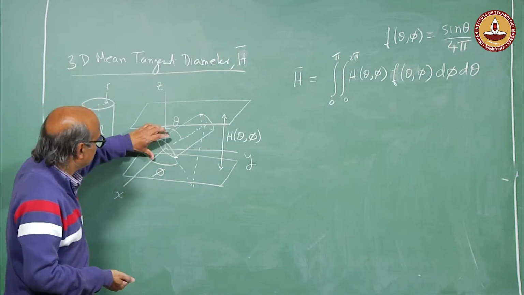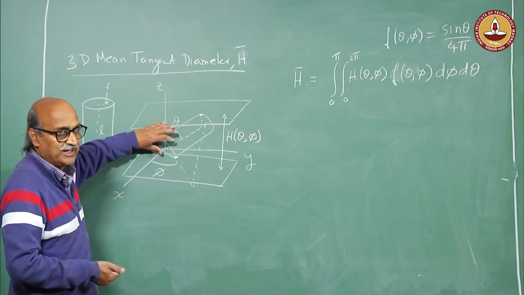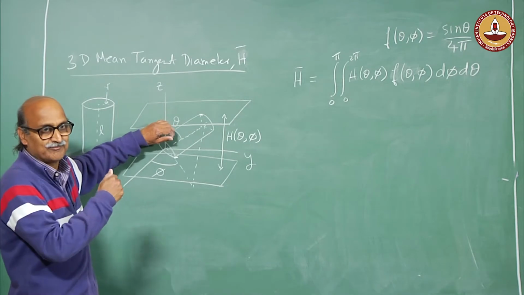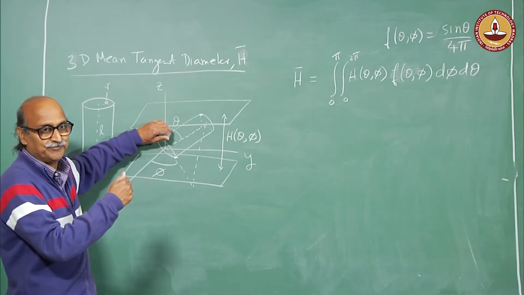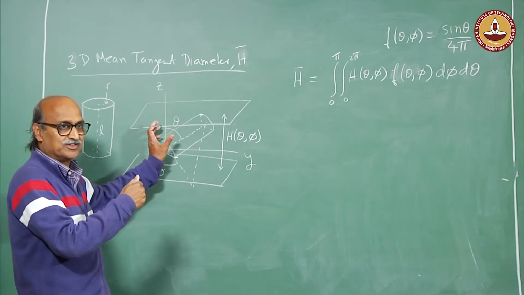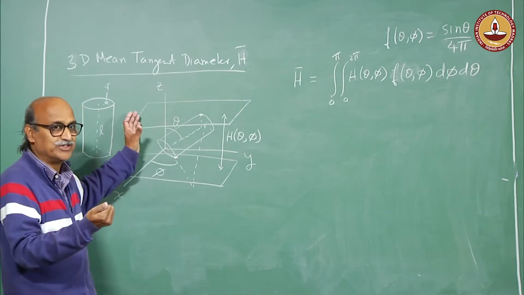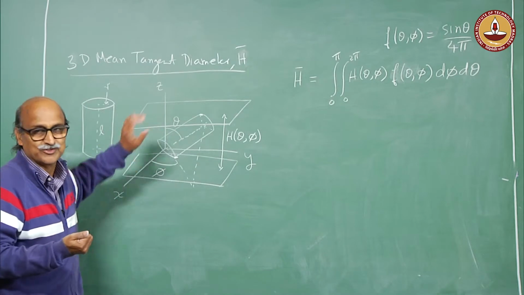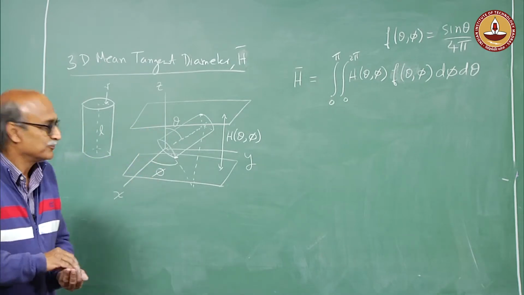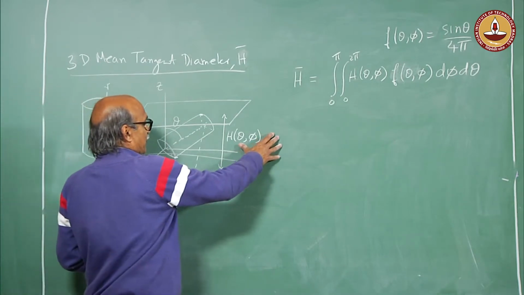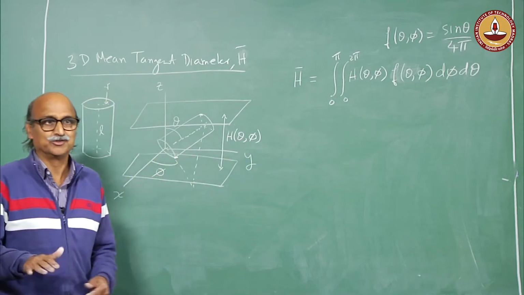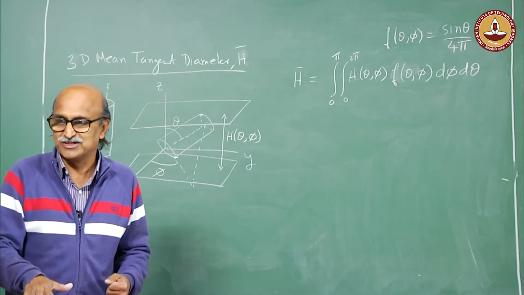Let us say if I keep theta as 90 degrees and let phi vary, it does not change. If I keep theta as 0, it does not change with phi. If I keep theta at anywhere else, it will not change because of the symmetry of this object. So, it will be independent of phi, it is only going to vary with theta. So, we have just now reduced the scale of the problem.